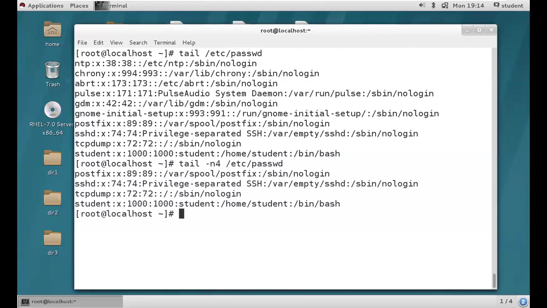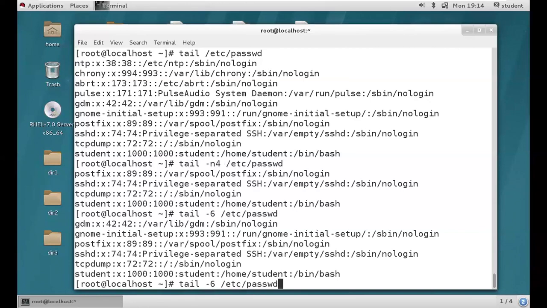The last 4 lines you will get, right, guys? So according to your requirement, you can give the option and then you are going to get the last lines. The last 6 lines you're going to get. You can provide 8, you're going to get 8 lines, 12 lines like this. So I hope you're clear, guys, about head and tail.